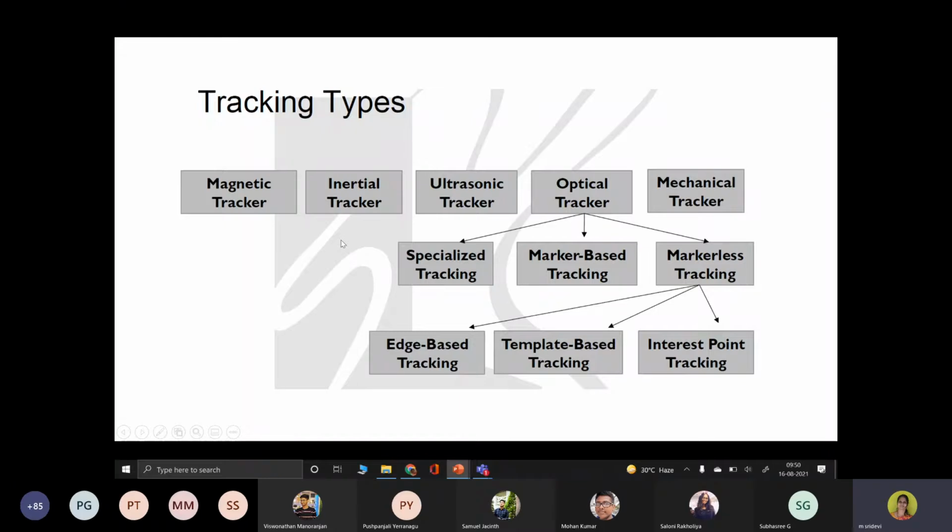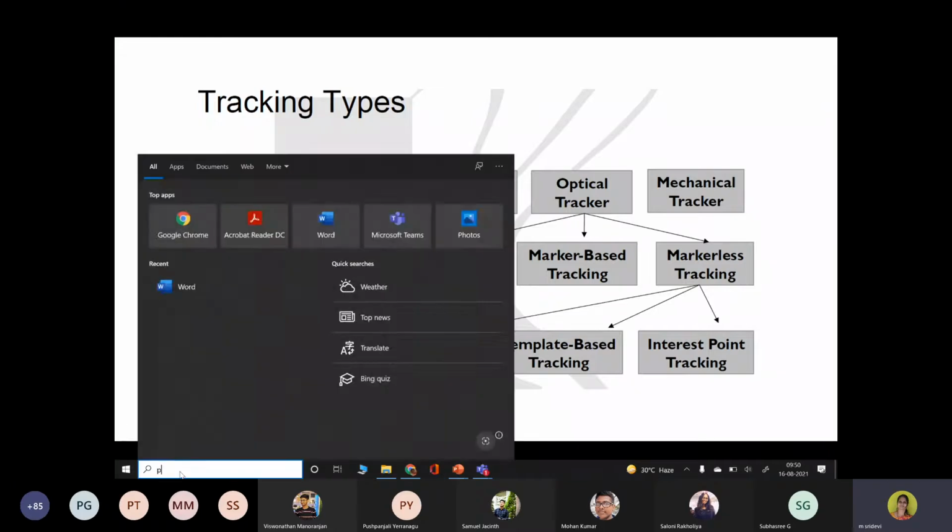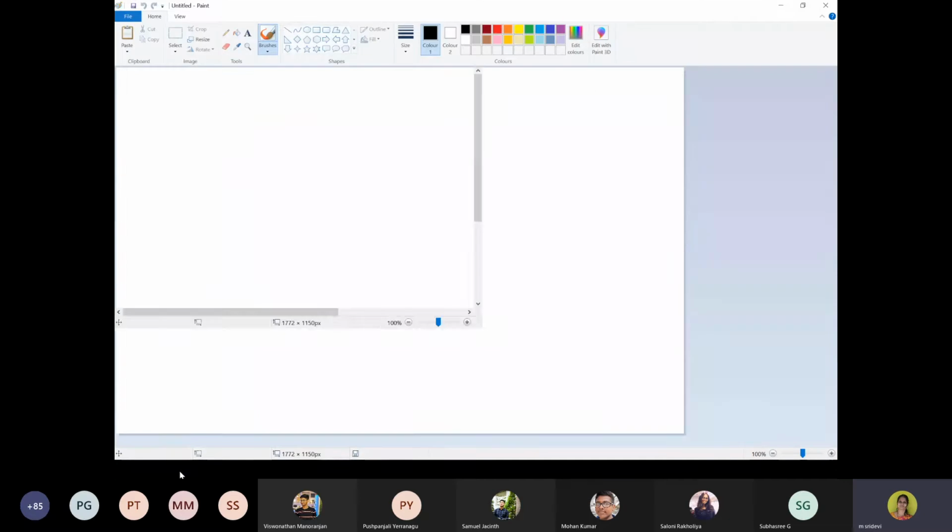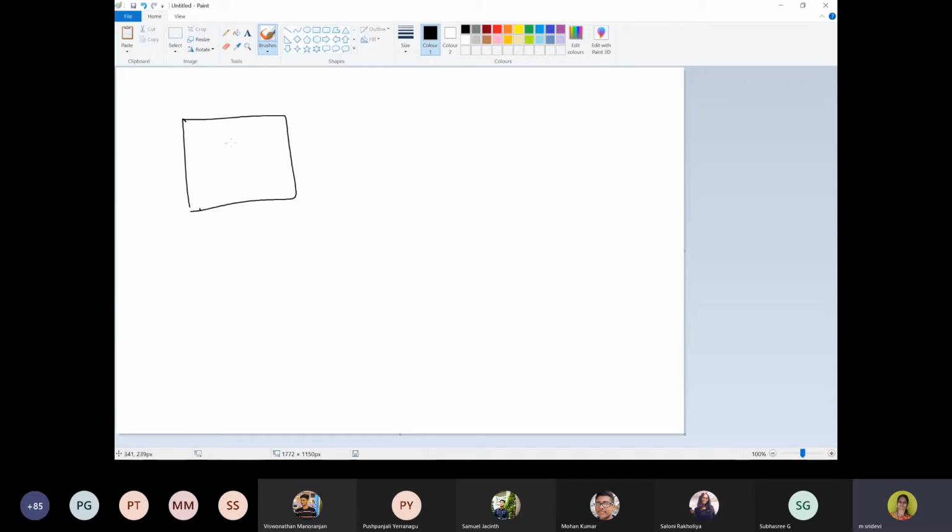And when it comes to template based matching, so you have some objects. Let us consider this is a background and you have an object here. This is one object and this is another object we have, let it be something called a tree, and this is a person we can have.